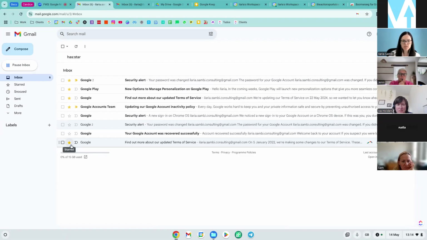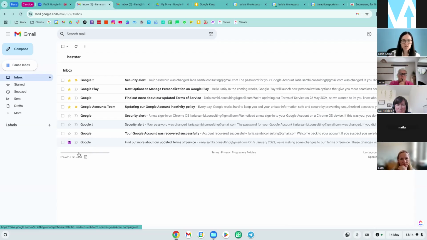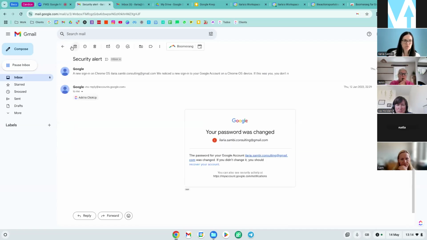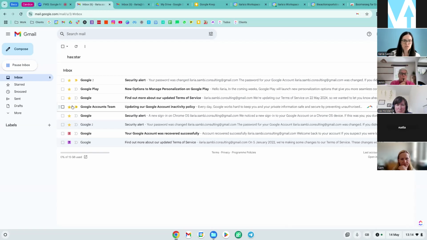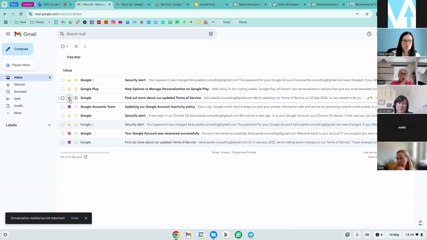So if you click once, I'll get the yellow star. Click twice, I'll get the other one. And click 3 times, oh sorry, I need to be a bit faster, it will have that purple question mark that I decided to mark as for the questions. It's not finished like this. So it's already useful to have, say, I want this one to be yellow star, and I want these ones to be that I need to action them, or I need a question. So it's already a good organization to have some sort of marking here on the left.